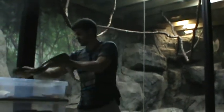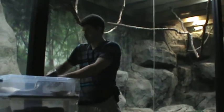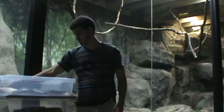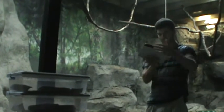And really the only difference is, as far as care, there's really not any. They might get a little bit smaller than the blood pythons, but for the most part they're pretty much the same thing. Just different species. And aside from them,